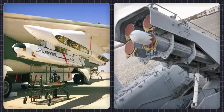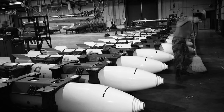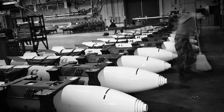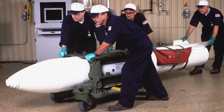Built for deployment on cruise missiles like the AGM-80 ALCM and the BGM-109 Tomahawk, the W80's design makes it perfect for delivering the kind of damage that ensures no one misses the message. Whether it's launched from the US Air Force or Navy, the W80 provides the firepower needed to maintain deterrence and